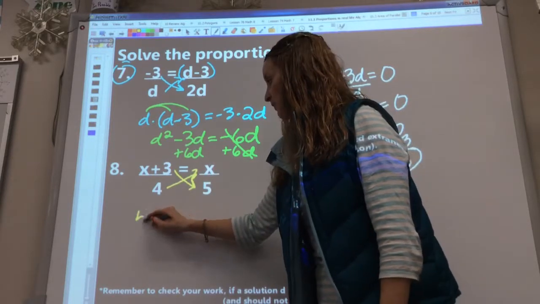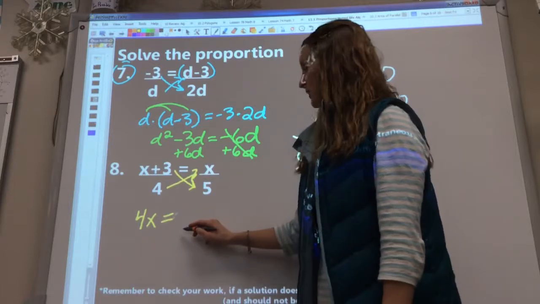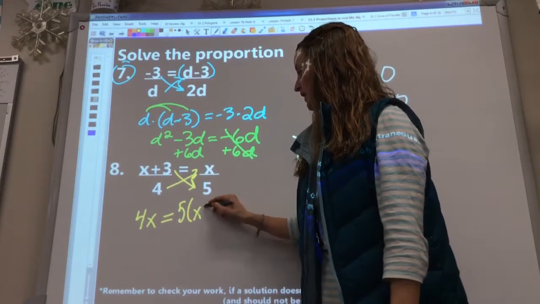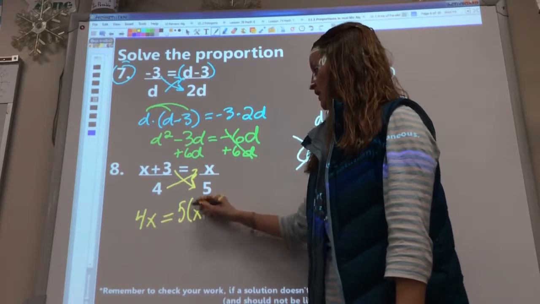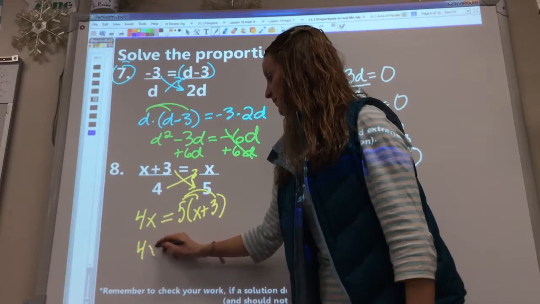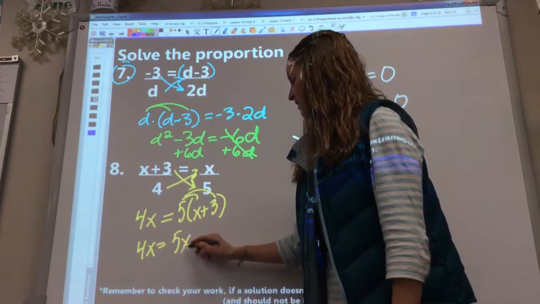4 times x is going to be 4x. Equals, please make sure you put an equal sign in there. Then we're going to get 5 times the quantity of x plus 3. And when we do that, we have to distribute. And we'll have 5x then plus